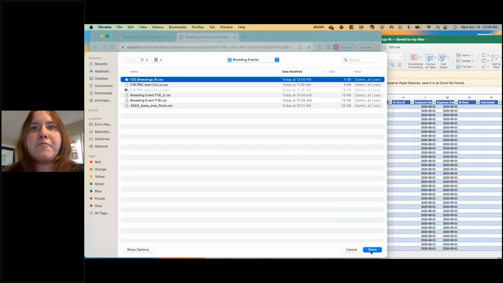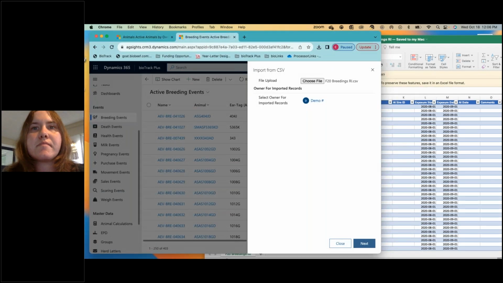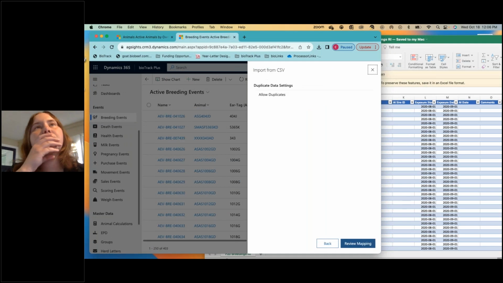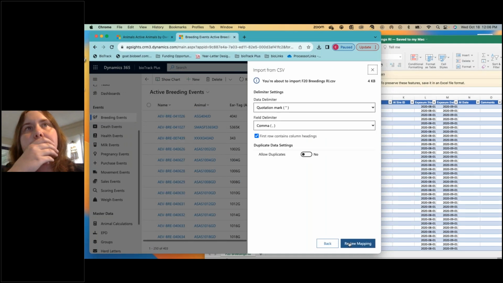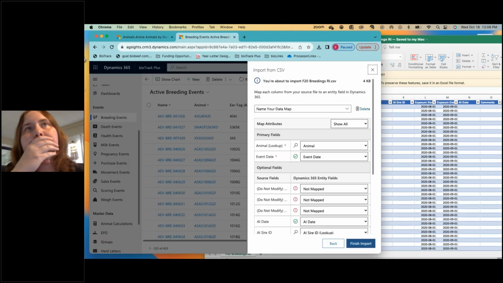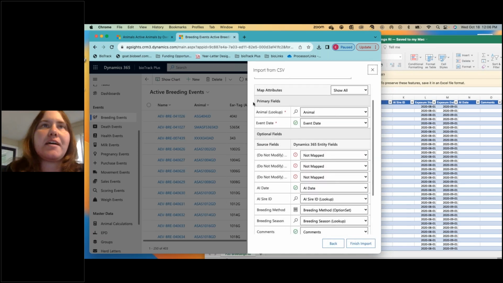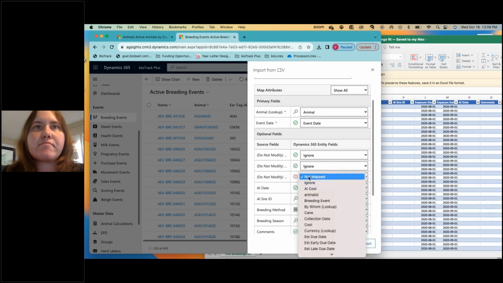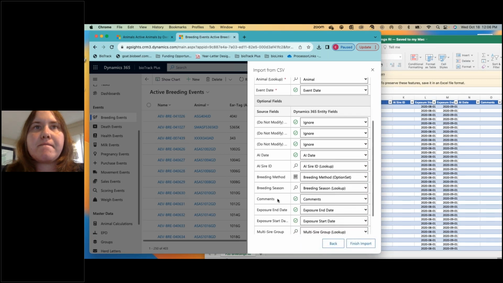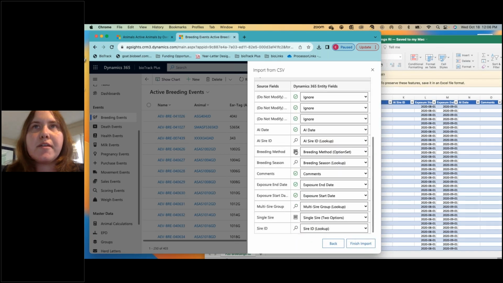And then I'll select my file and click Next. And then review mapping. We have to make sure that all of the fields are matching up here. So animal, we have event date. These ones that say do not modify, you can just ignore those ones. We have AI date, AI sire ID, breeding method,